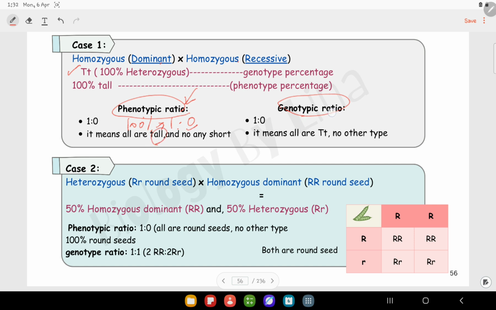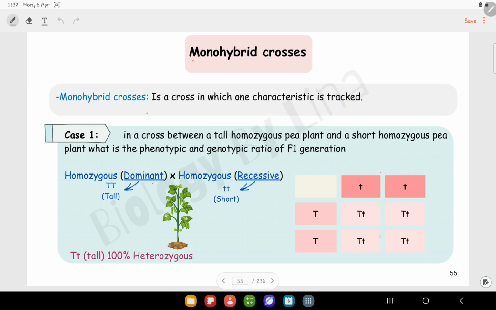What about the genotypic ratio? We focus on the letters. The letters that appear, as you can see here, all of them are the same. So we get 4 offspring, all of them are capital T small t. Instead of writing 4, we say 100% capital T small t, or 1 to 0, or 4 to 0, which means all of them are tall